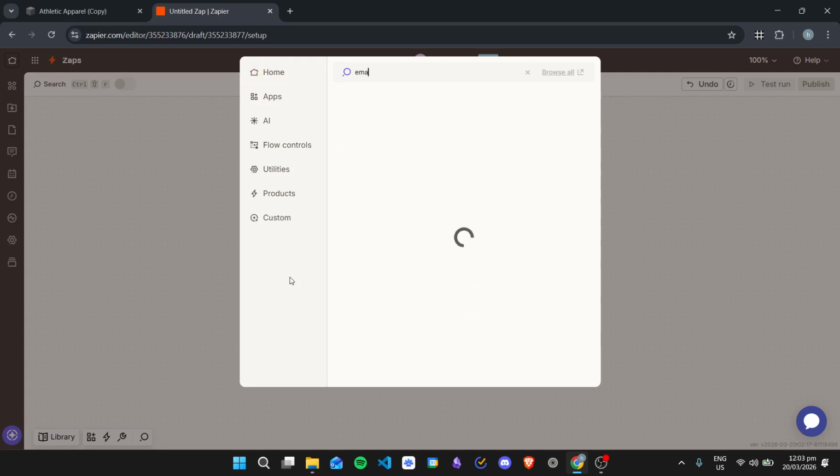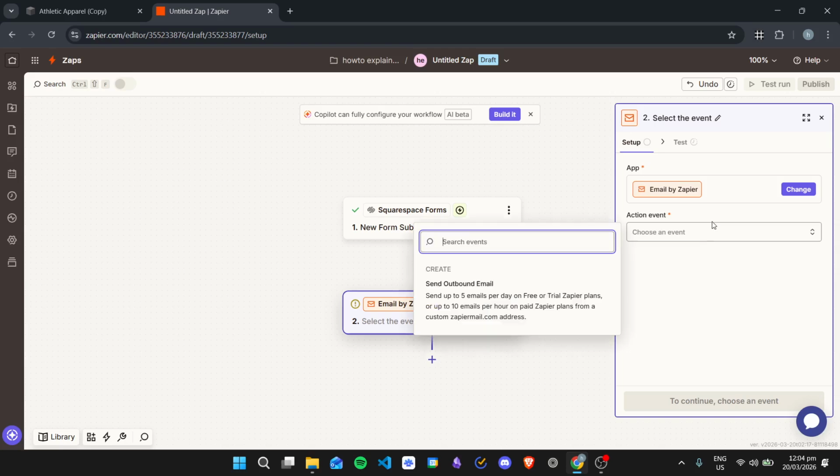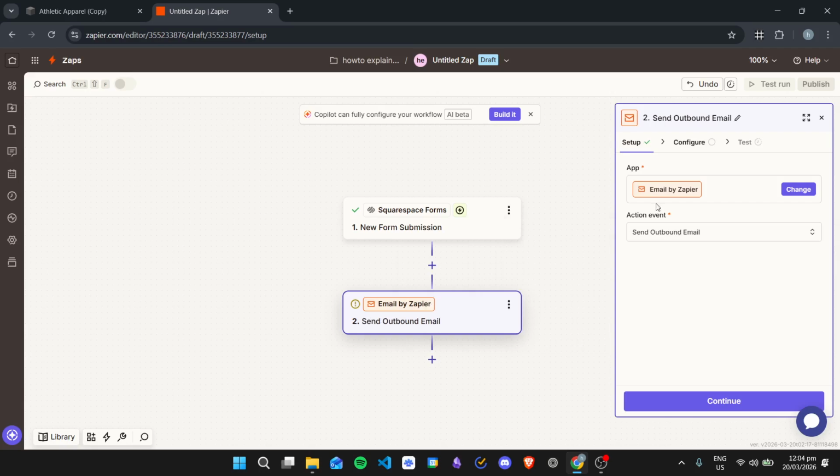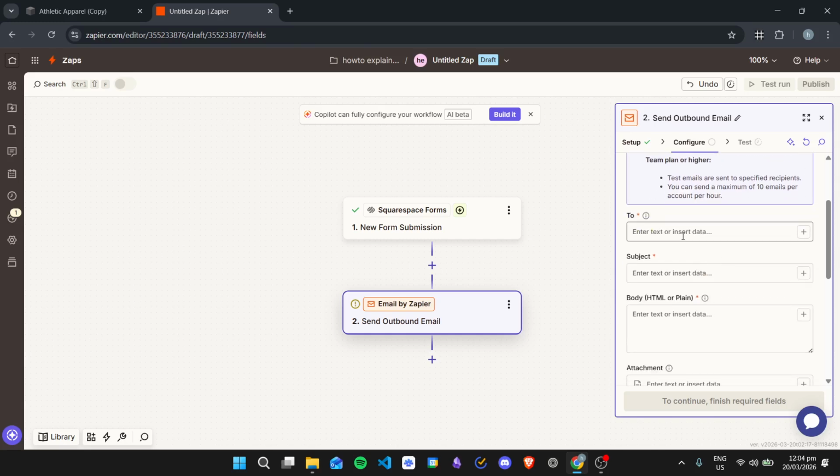I will send an email to myself. So we can click email right here, and then we can choose an event and then send outbound email. Next, we can click continue. Then you can use your email right here. So I'm just going to type in my Gmail account,